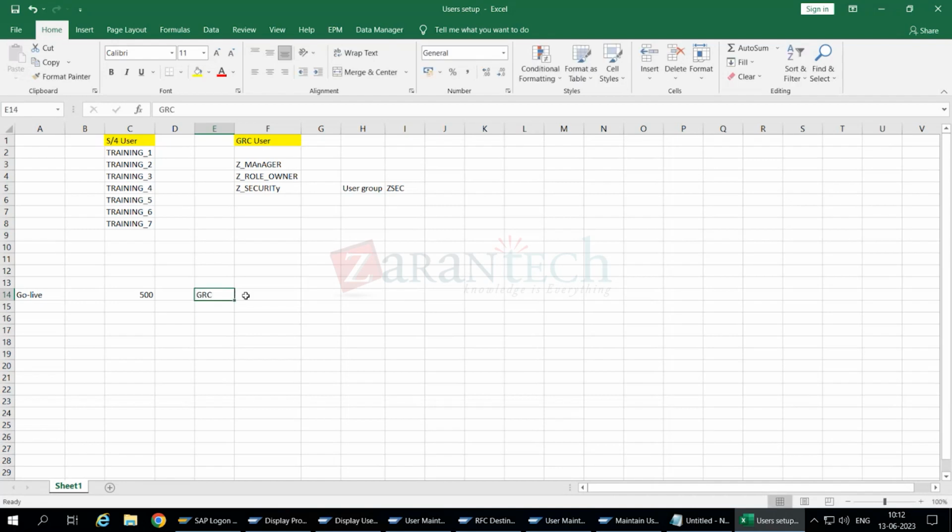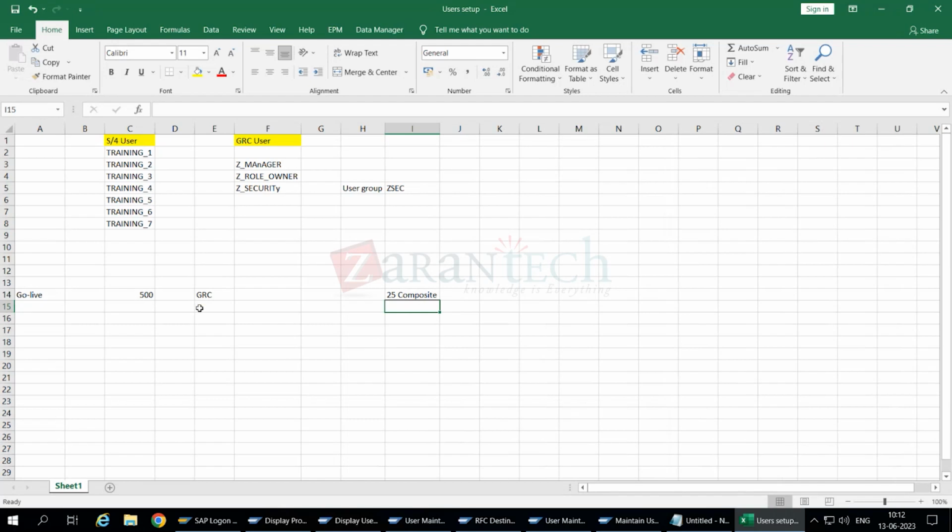So with GRC, what option do we have? See, these 500 users are not going to get the exact same role. So let's say we have 25 composite roles or business roles. Just taking a random example, we have 25 composite roles. Fine. So either we do it with GRC or we do it with SU10